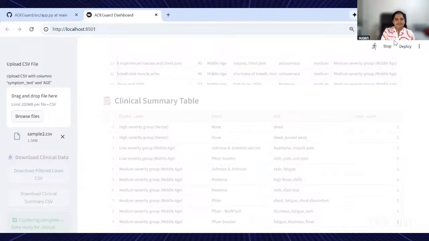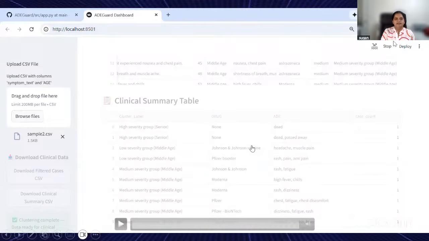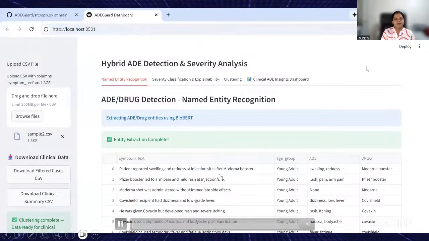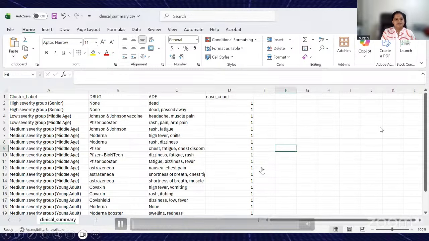Let's see the CSV file which is getting downloaded. This is a sample. This is how we can download the predictions, and if you want to filter for a particular drug, we can just use the filters here and see.